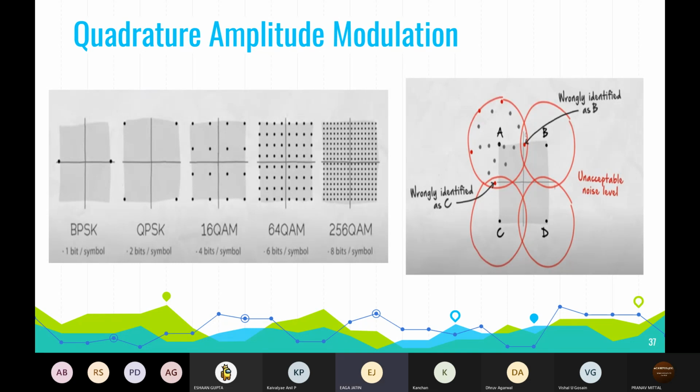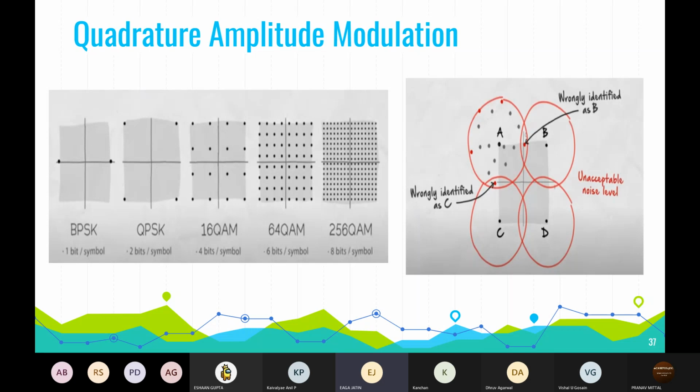Because of the noise transmitted, the signal fluctuates around the ideal value. So the noise limit of a QAM is given by the depth, and is given by a point where the acceptable noise levels for each symbol start to overlap. So in the right image, you can see when the radio signal starts to overlap, the overlapping causes